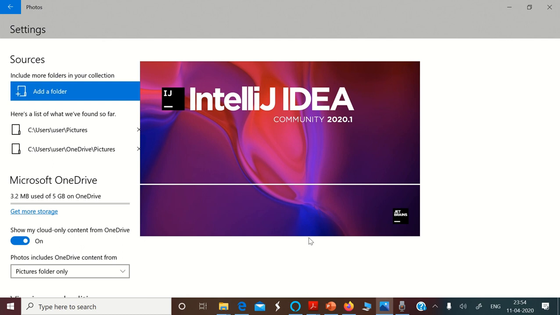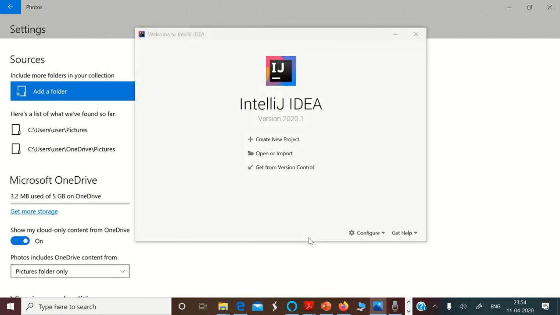So this step differs from system to system. Since my RAM is 12 GB, it is getting opened in a fraction of a second. So it depends on how much RAM you have in your PC. So this step will be different, and the time of opening the IDE will differ. Okay, we are going to create a new project,